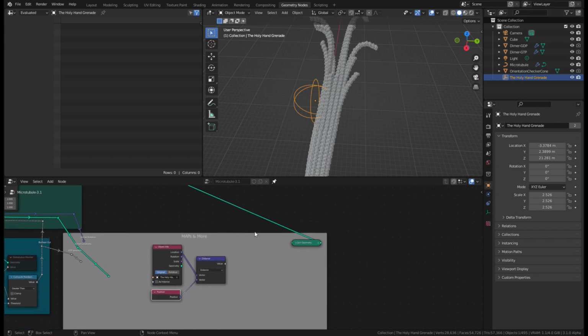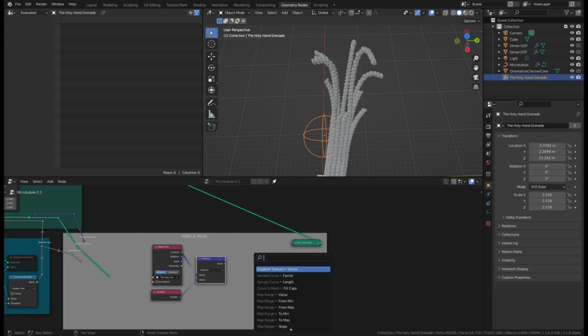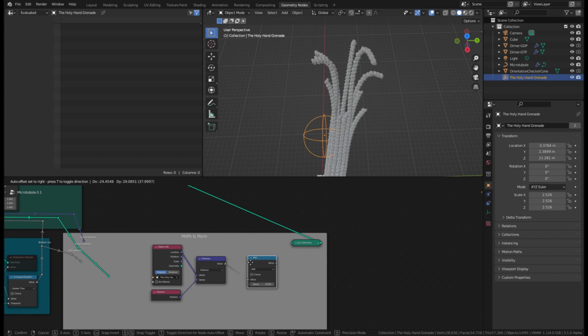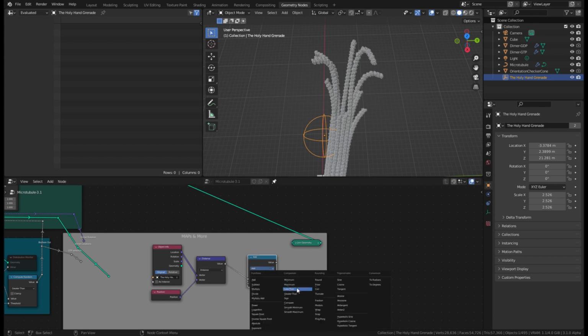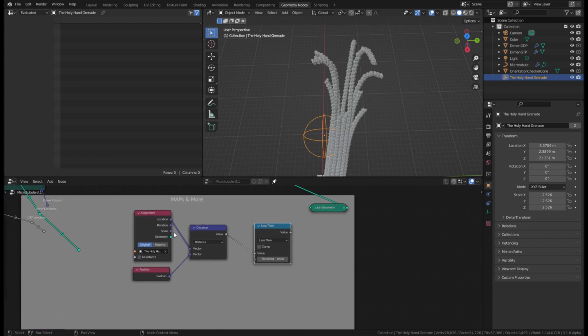So we can now say, okay, we only want to move those that are, let's say, within this circle radius. That would be sort of a nice visual, intuitive way for us to figure out which ones are going to move and which ones are not. So that's very simple. We'll just add a math. So this distance has to be smaller than basically this distance, the radius. It's very simple. We grab the scale object, threshold,